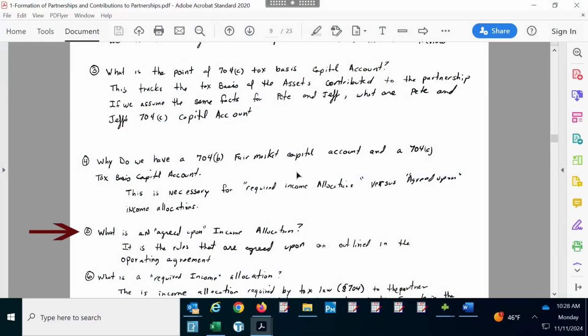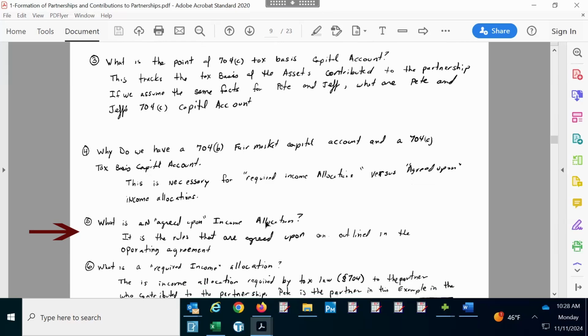Because Kelsey, if I sold it outside the partnership, how much gain did I have? 900,000. By virtue of stuffing it in there, should Aaron have to report $450,000 of gain? No, it shouldn't go to him, it should go to you. So the required allocation is putting the gain in the right spot with the appropriate partner. And that's number 5, an ugly 5. The agreed upon allocation is what's in the operating agreement. The required allocation, Kelsey, what's number 6 say?